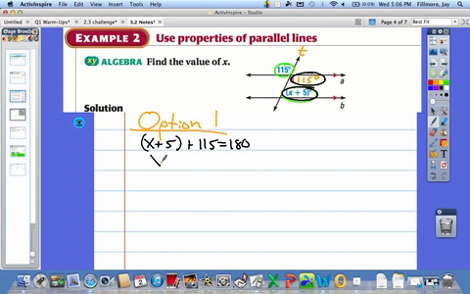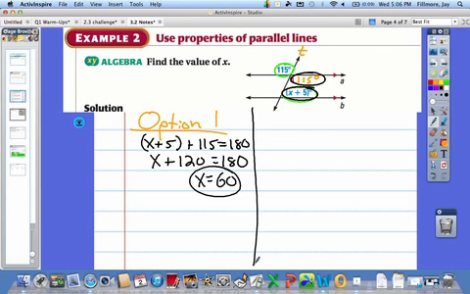And if we combine like terms, this is x plus 120 equals 180. So x is going to equal 60 when we subtract 120 from both sides. That's option 1. Option 2,